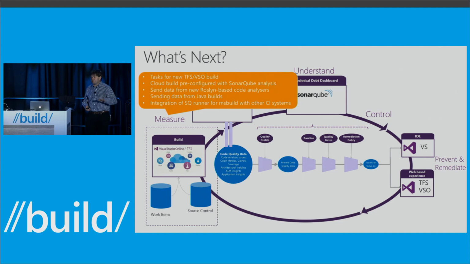We want to send the data from those new Roslyn code-based analyzers. We're sorting that out. That should happen quite quickly. I've talked about the Java builds. And then SonarSource are going to take their runner on MS Build and integrate it with other build systems like TeamCity and so on. So if you're using TeamCity, for example, to build your .NET apps, then you can also use the same bits that we've done with MS Build to integrate Sonar